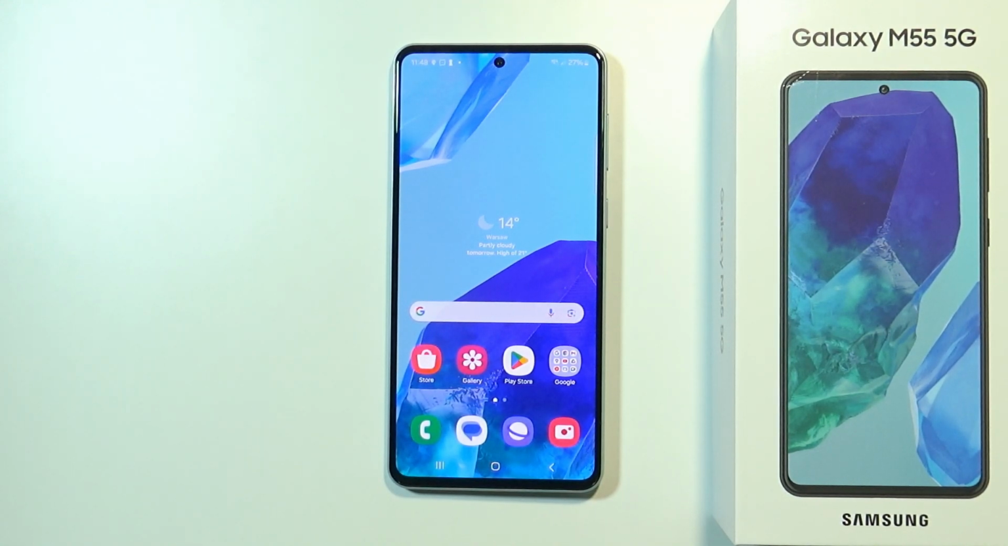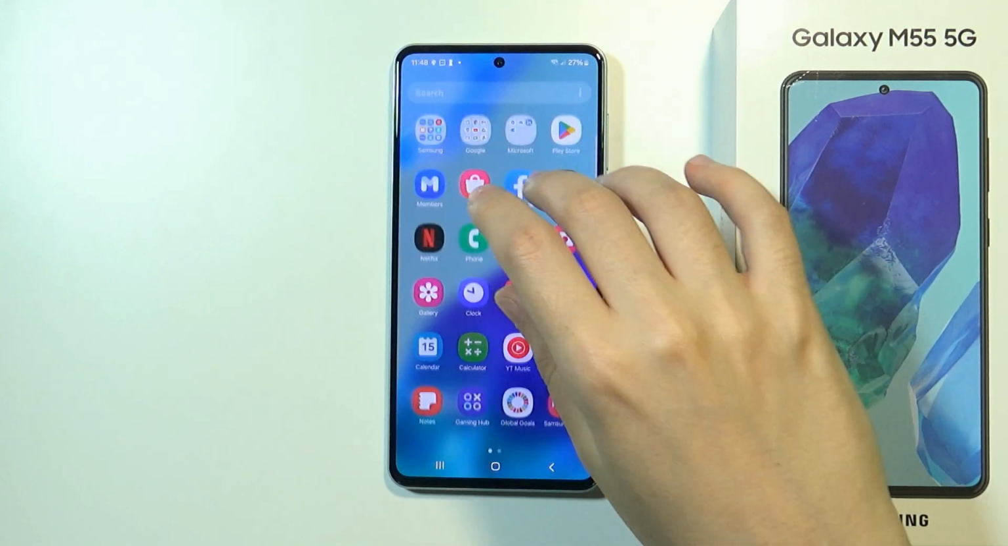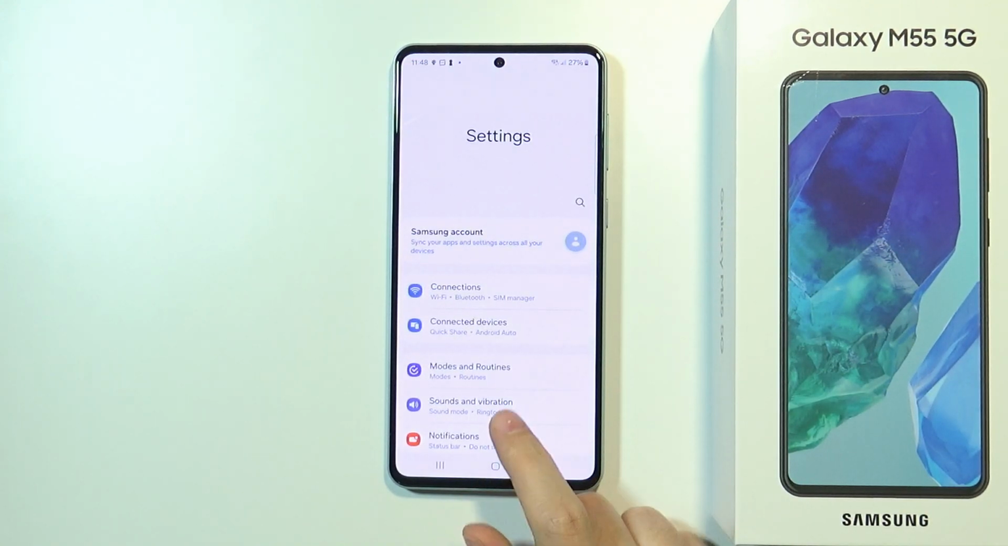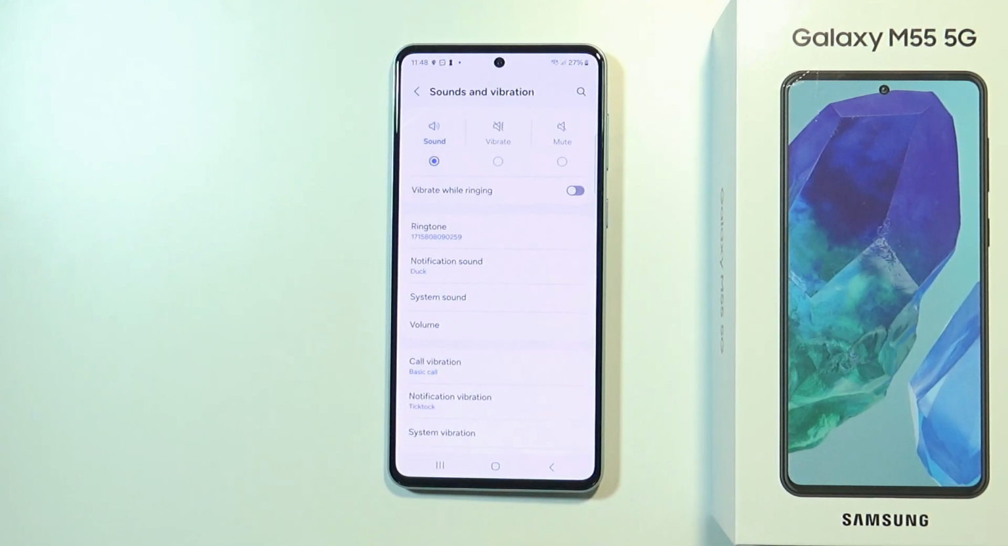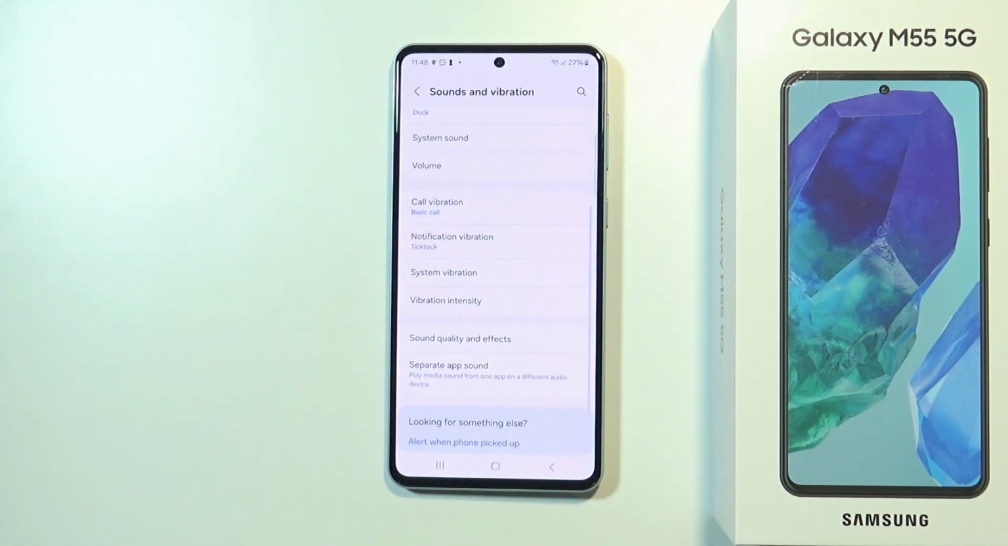Hello, in this video I'm gonna show you how we can find and manage vibration settings on Samsung Galaxy M55 5G. So in order to do that, first we need to open the settings. In the settings, go to sounds and vibration, and finally over here, if we scroll down, here we have the